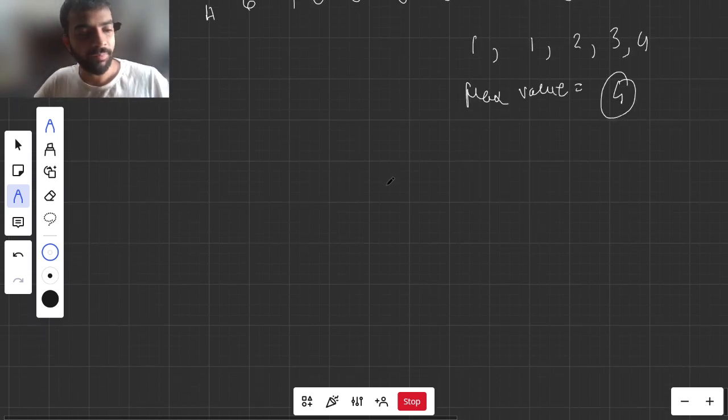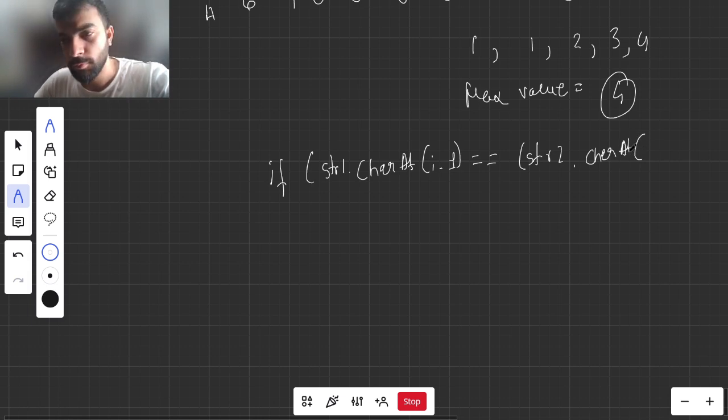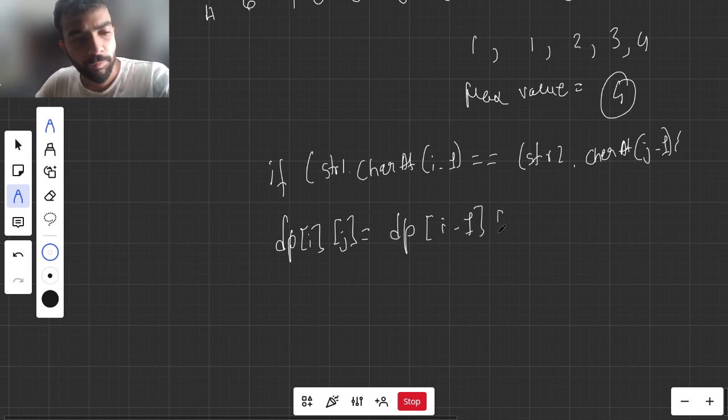So now what is the algorithm which we are going to write for this? I'm going to quickly write it. If the first string's character at I minus 1 is equal to str2's character at j minus 1, then the formula will be dp of I and j is equal to dp of I minus 1, j minus 1, plus 1,